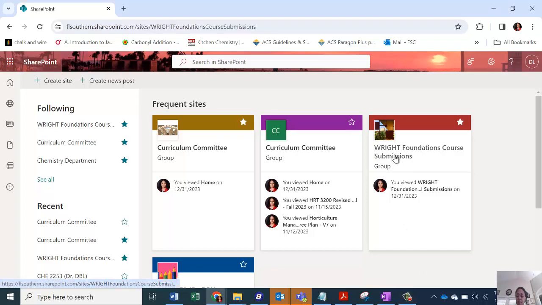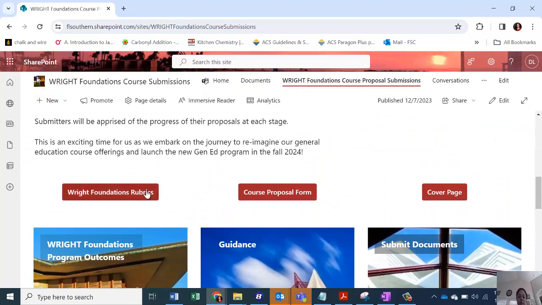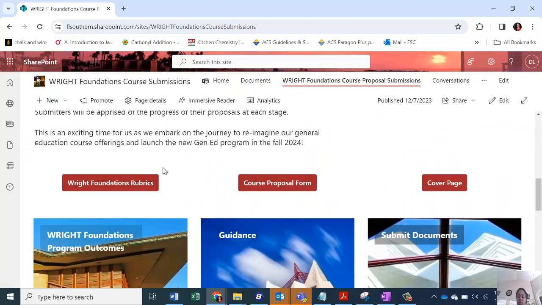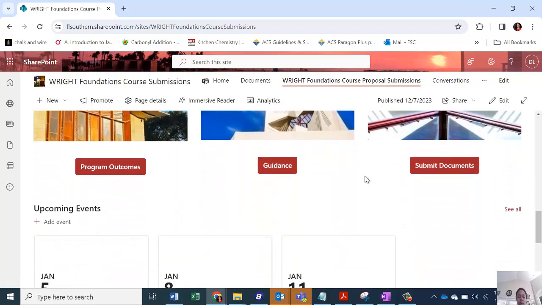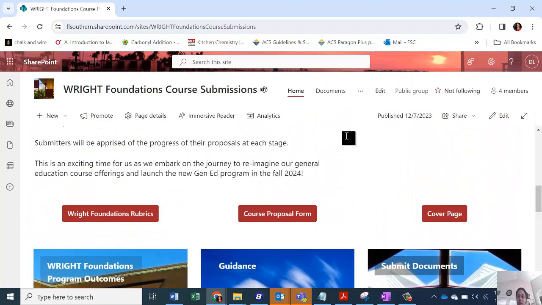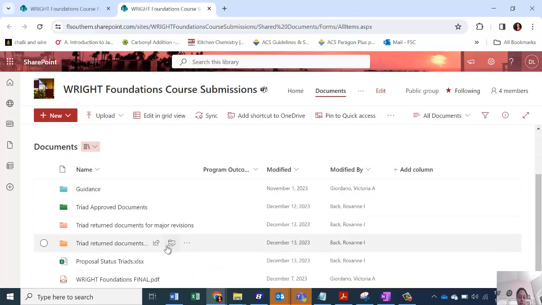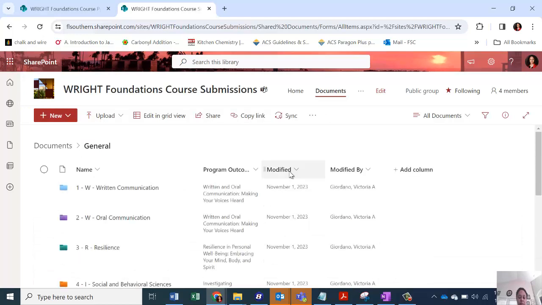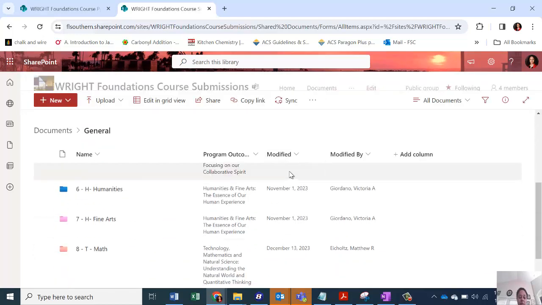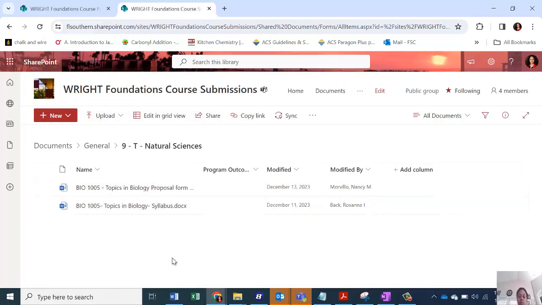What do we do next? Once you're done, you go back to the Right Foundation submission page, and what you will need to do is go to either submit documents or the document page at the top. The link might be in the three ellipsis dots at the top if your screen is not large enough. Then you're going to select the courses that you've either approved on first reading or